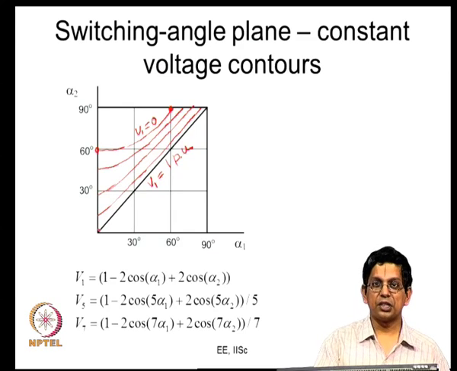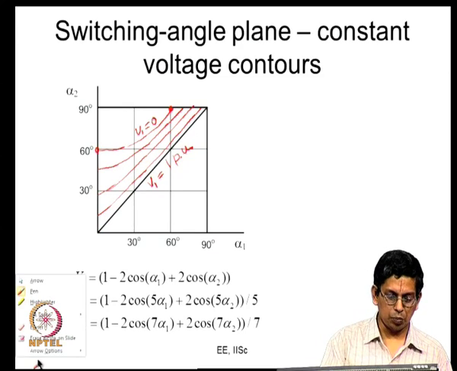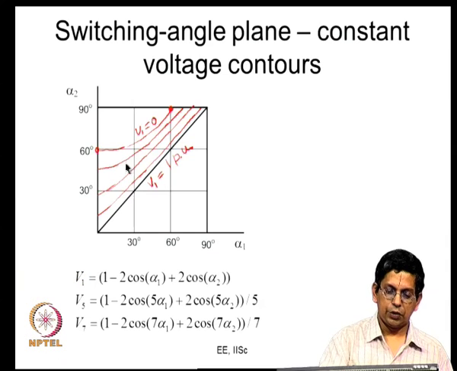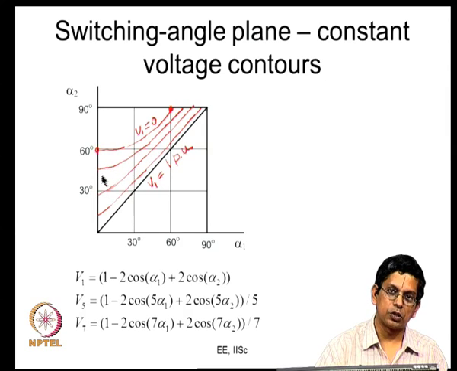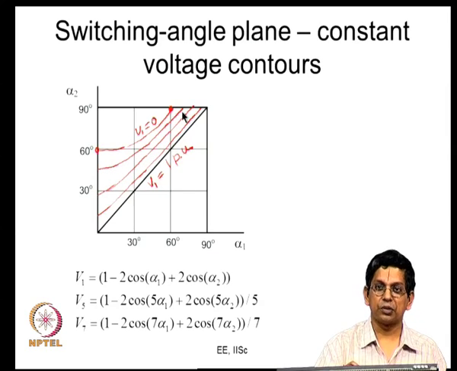Now, we are interested in seeing the harmonics. There are so many options for you. If you want a particular value of V1, let us say V1 equal to 0.2 per unit, you can use any of these points along this curve. Which point do you use? That depends on your criteria for selection. Now, let us say your criterion is that the fifth harmonic should not exist. So, you want to see where the fifth harmonic is.